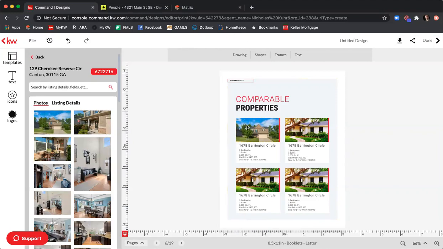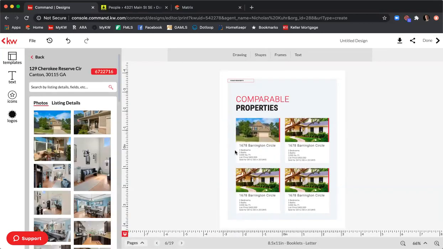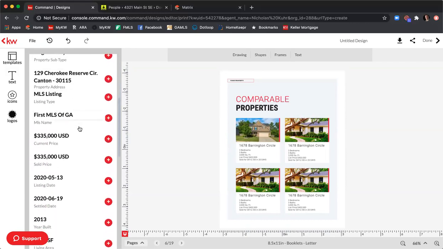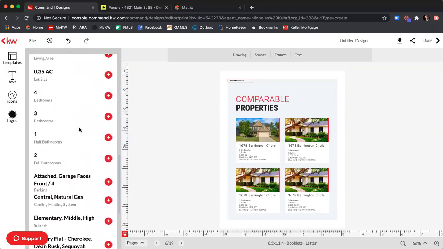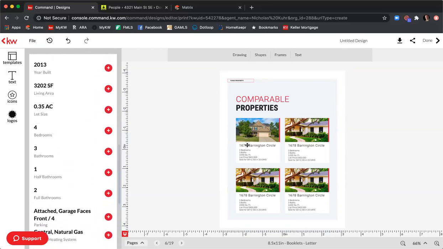Now I kind of want to resize this so it's a little bit more zoomed in on the house. So I'll just double click on the image and expand it and reposition. And double click out of it. Perfect. There we go. And then next to photos is listing details. So you can see here, it pulls in all of this information out of the listing. So if I needed any of the information, I could just look right here. So I can come right here and say, okay, this is